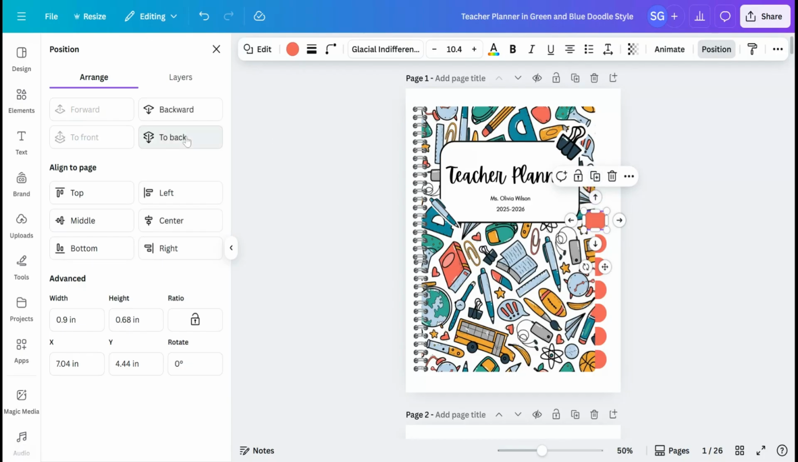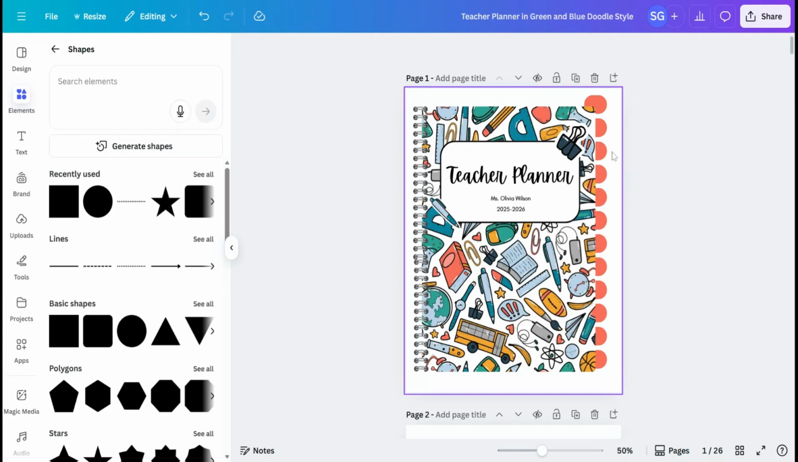Keep selecting duplicate, keep selecting to the back, duplicate to the back. So we have 1, 2, 3, 4, 5, 6, 7, 8, 9, 10. I lost count, sorry. 1, 2, 3, 4, 5, 6, 7, 8, 9, 10, 11, 12. So we have enough for the months, but I need to go ahead and